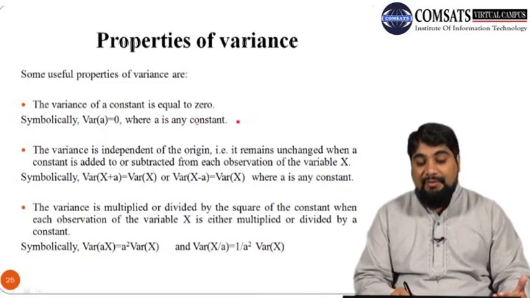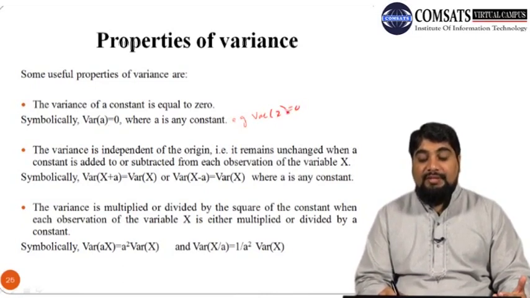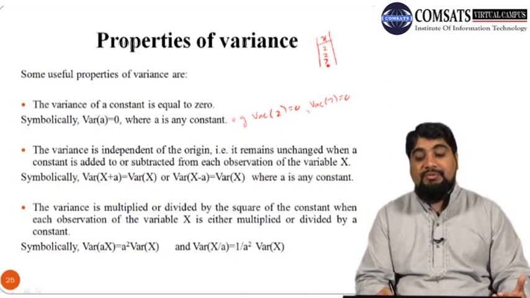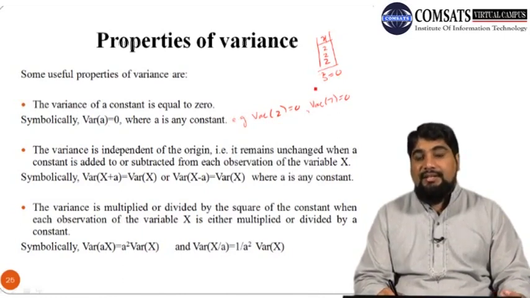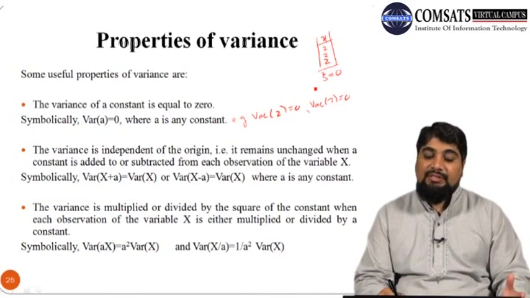So similarly, for example, variance of 2 is 0 or variance of 7 is 0, or if we have one data set, ungrouped data X, having the same entries 2, 2, 2, then in this case the variance S square will be 0. Why? Because this is quite obvious, you can see that all the numbers are exactly the same and there is no change or no variation among the numbers. So variance of a constant number is always 0. Similarly, the standard deviation of a constant number will also be 0.